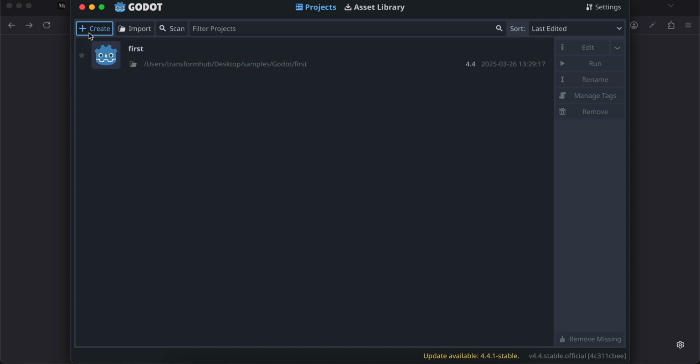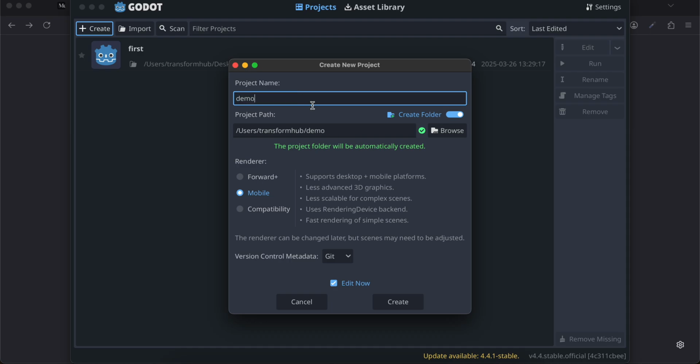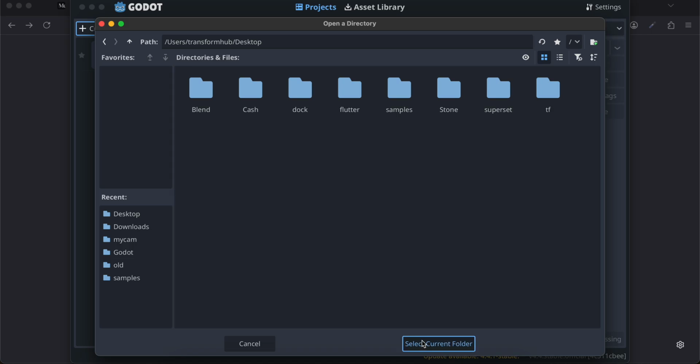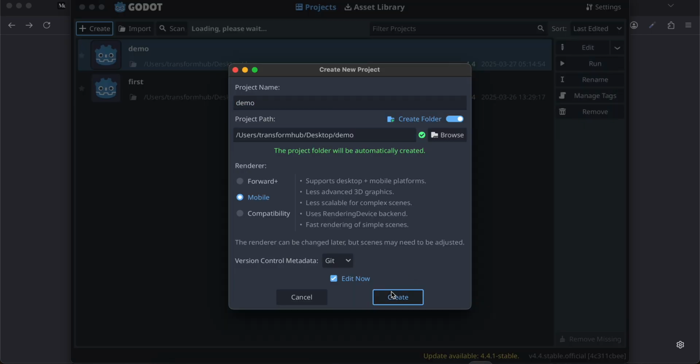So I'll just create one project, name it as demo. You can name it whatever you feel like. I'll save it on desktop. I'll select the current folder. I'll click create our project,